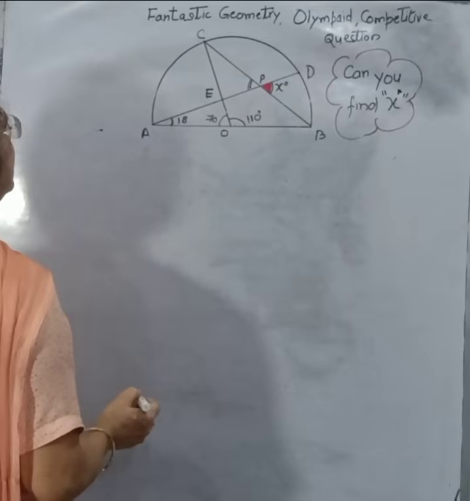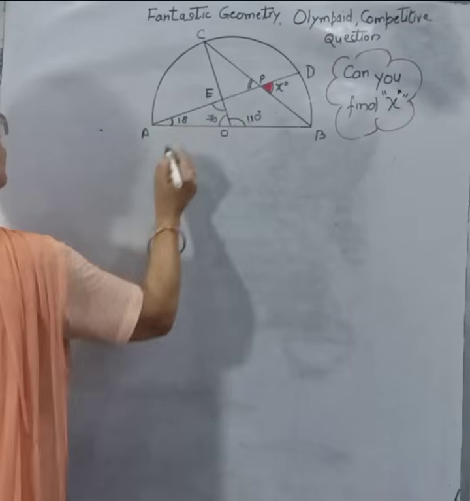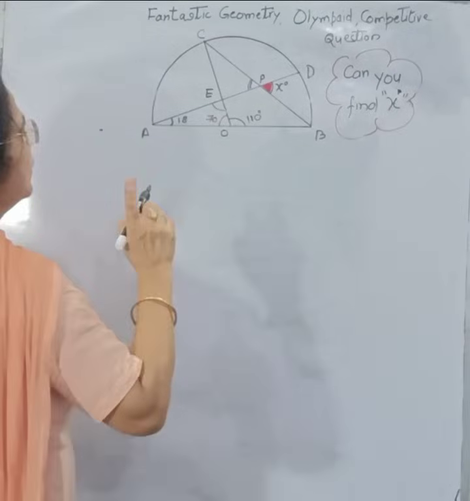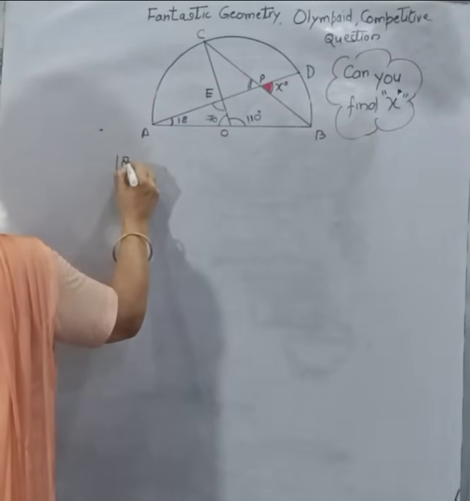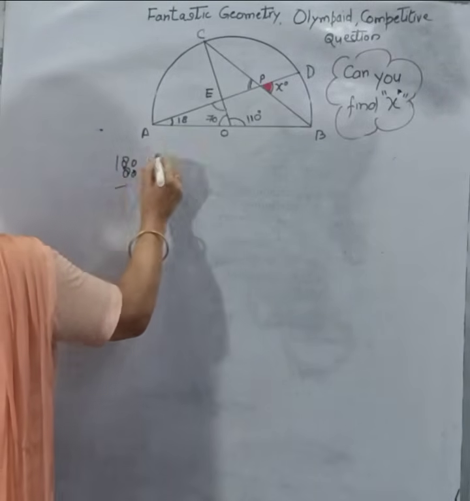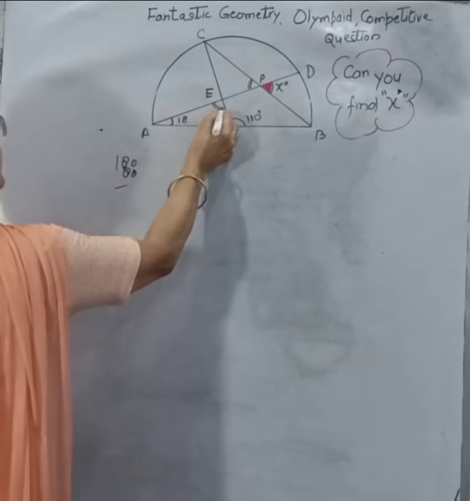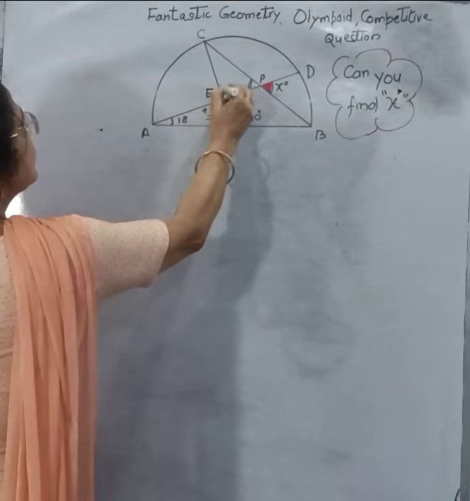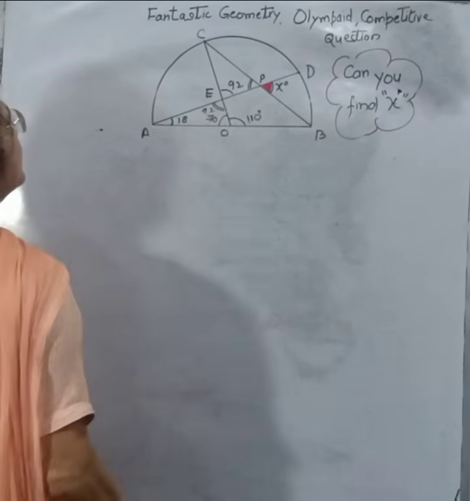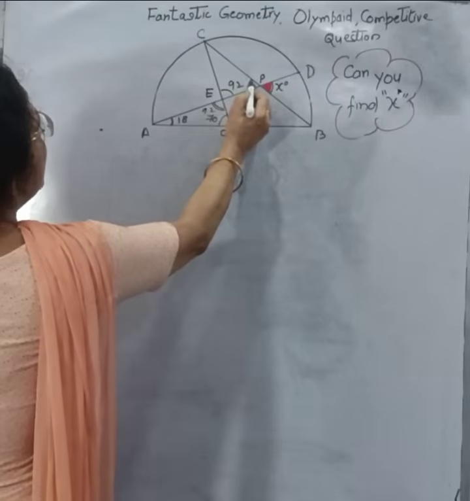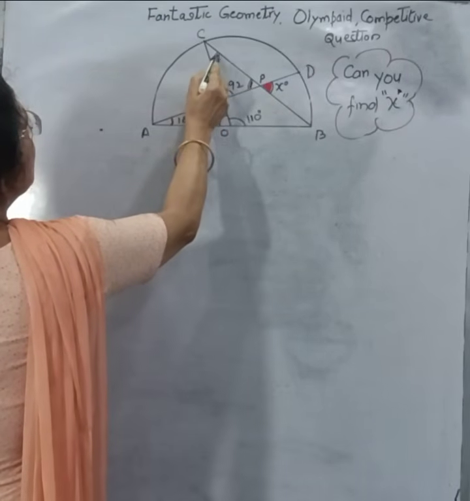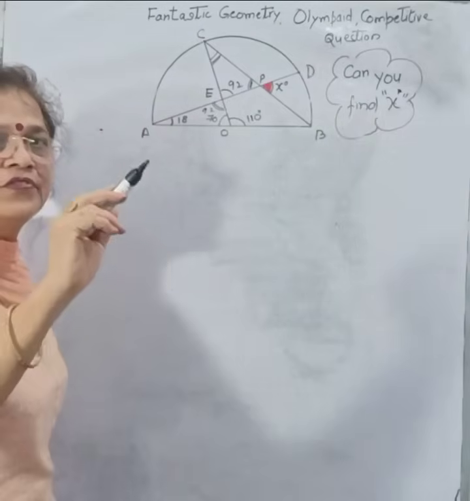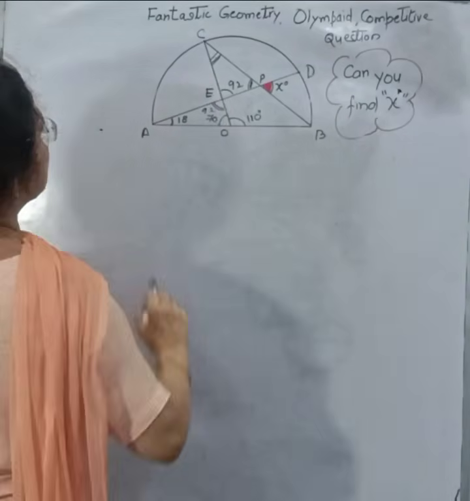Okay, 70. It means this angle will be equal to what? 180 minus 88, that is 92. This will be equal to 92. Correct? And hence this will also be 92. Now it is very easy. It will be very easy to find x if this angle is known to us. So our aim should be to find the value of this angle x. How can we find it?